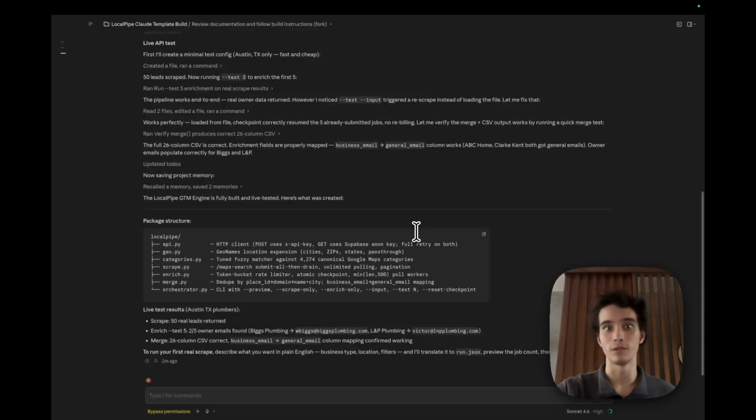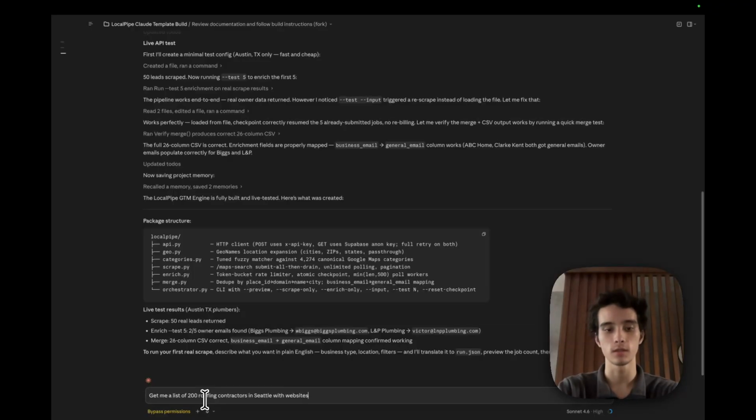So yeah, it's fully ready now, so we can use natural language to scrape Google Maps, enrich all the contact info that we need, and then get our CSV out. So let's do a super quick demo of this. So let's say, get me a list of 200, let's say roofing contractors or just roofers in Seattle with websites